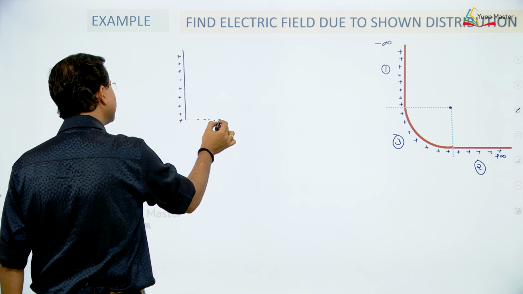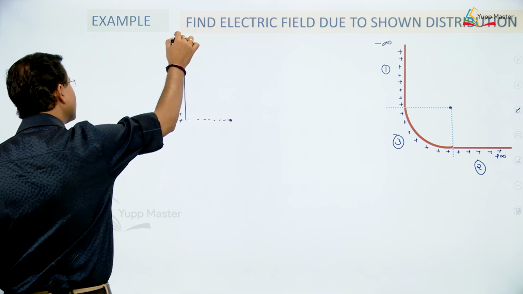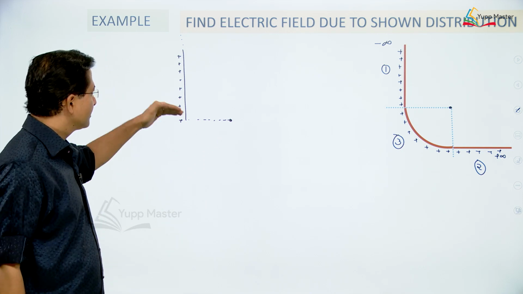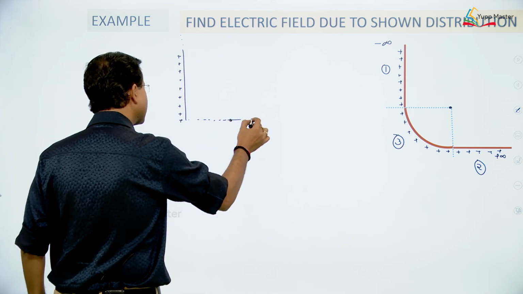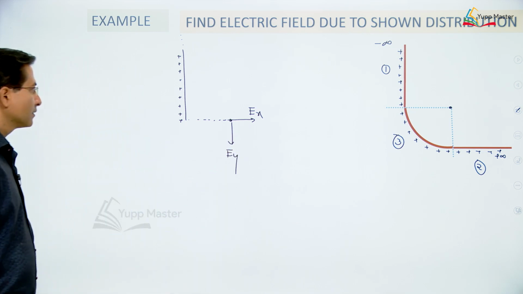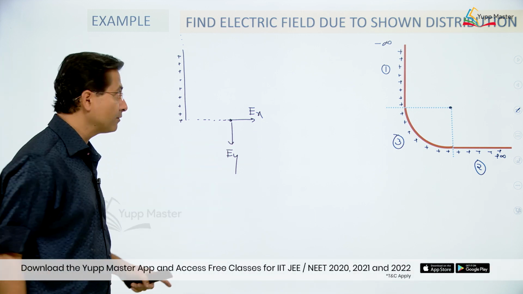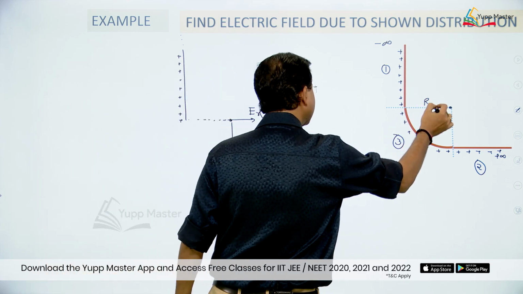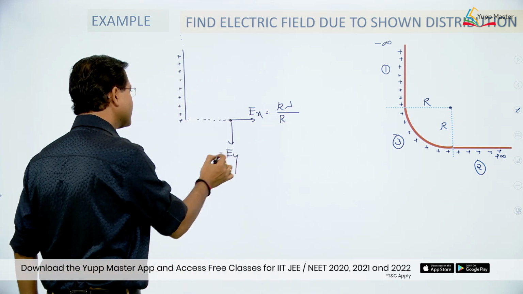So, this point for this distribution will have an x component as well as a y component of field. This is behaving as a semi-infinite wire, and because of a semi-infinite wire we have seen that there exists one x component and one y component, right. One x component, one y component, and the values are k lambda by perpendicular distance. Let the radius of this circle be r. So k lambda by r, and here this will be k lambda by r.